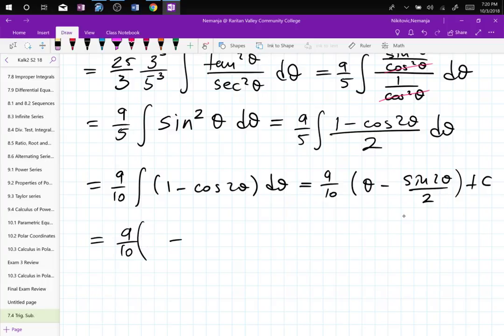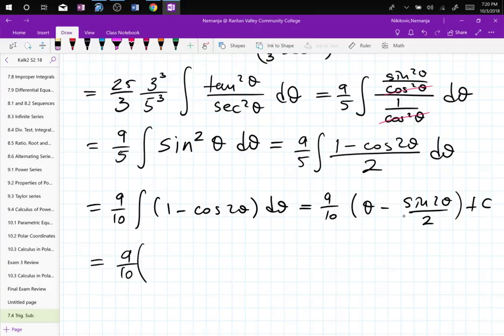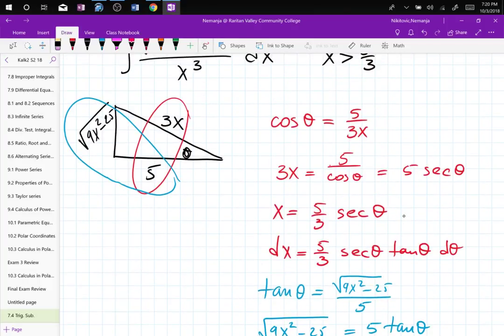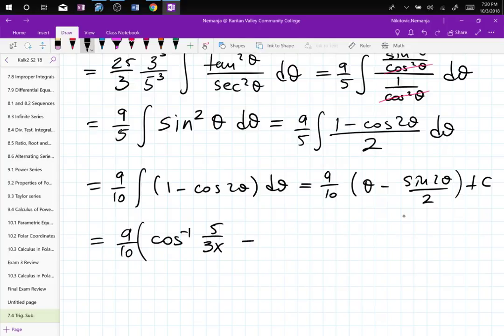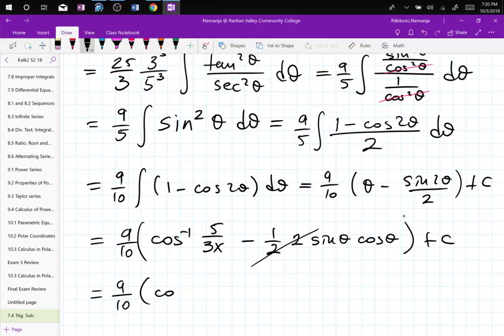So I can just sub. What's the theta? Go up and use the inverse trig. It's inverse cosine of 5/3x. Inverse cosine of 5/3x. That's theta. Minus 1/2 sine 2 theta. We have to expand that into 2 sine theta cosine theta. 2's are gone. We have 9 over 10 cosine inverse of 5 over 3x minus,